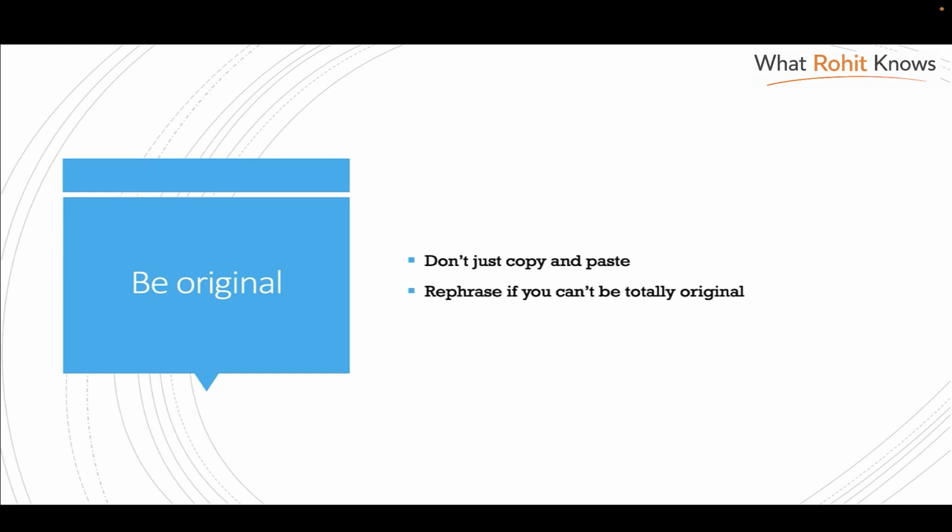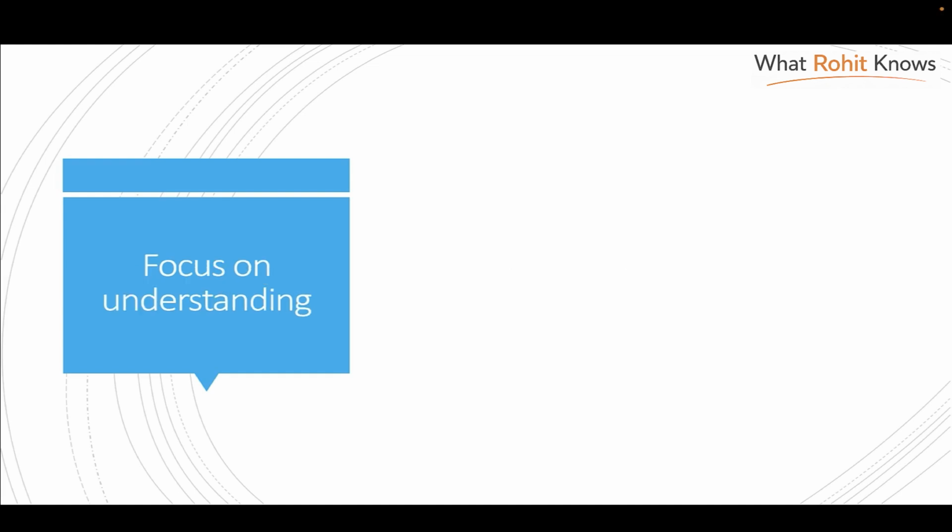That you understand the key idea and then just express it without referring to any of the sentences in the main text, without using any of the sentences as it is. But if you can't do that, then at least you can rephrase what's written there in the text. Your focus should be on understanding so that you clearly identify and understand and can capture the key point in your summary response and express it precisely.